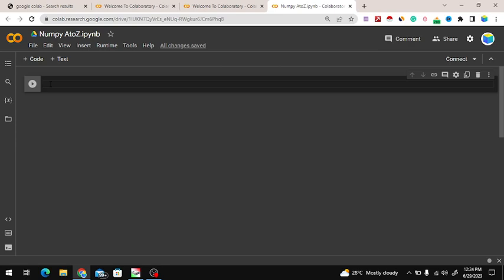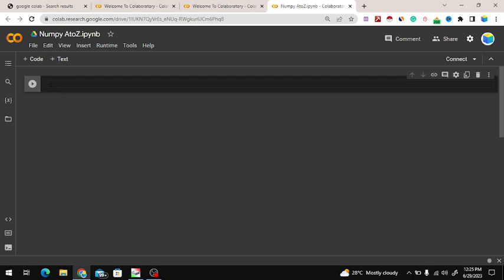Why do we use NumPy? We already have the Python programming language, so why are we using other libraries in Python like NumPy? Because it's 20 times faster. Most of the time we are working with data, and data sometimes takes more time. So if you are working on another platform and it takes less time, it is good for everyone. So let's import